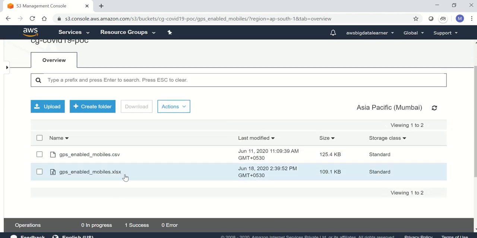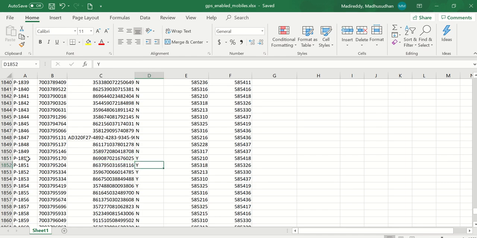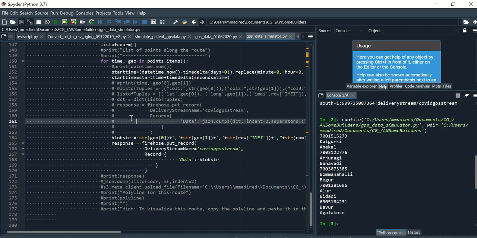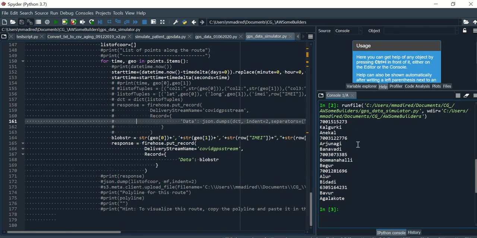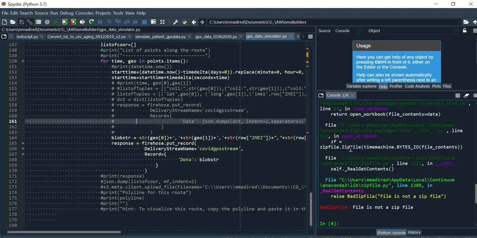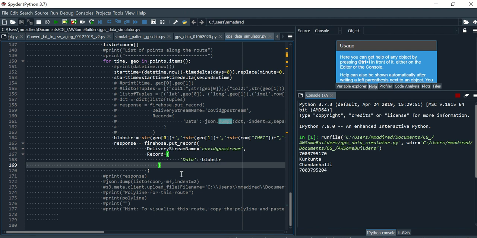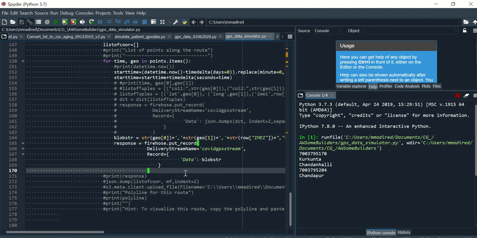Now I have placed the configuration file in here for creating the lat long of these 5 patients. If I run this program, it will generate the data. Sorry, I had to restart the program because it was pointing to a different file.